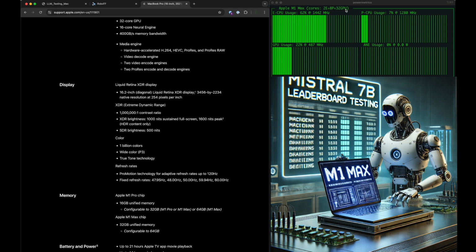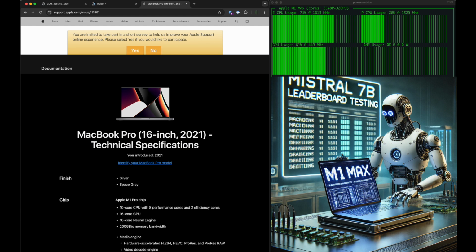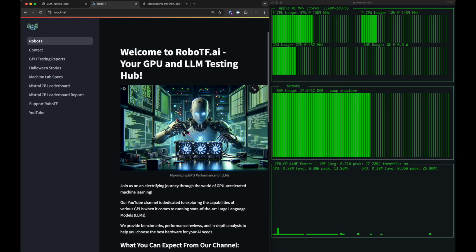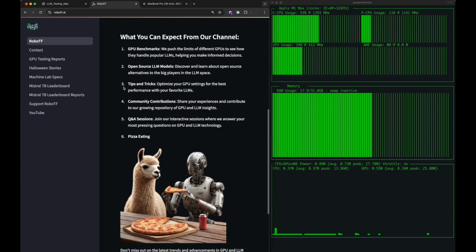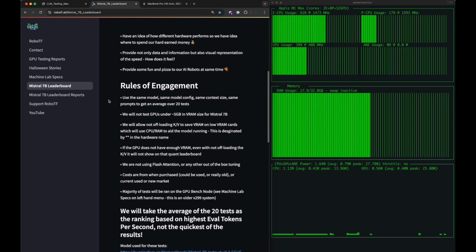So that you can see off to the right hand side, this is basically going to be monitoring our CPU and GPU usage on this MacBook Pro while we're running it. Just to give a quick heads up, this machine is actually running my application. It is running local AI locally behind the scenes using Metal inference, and we are going to run it through